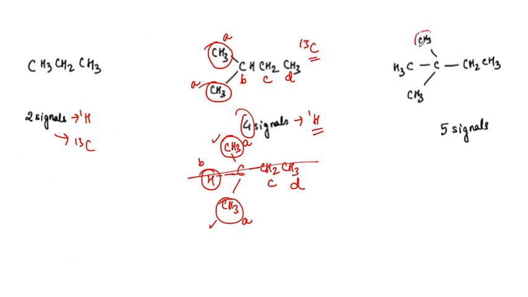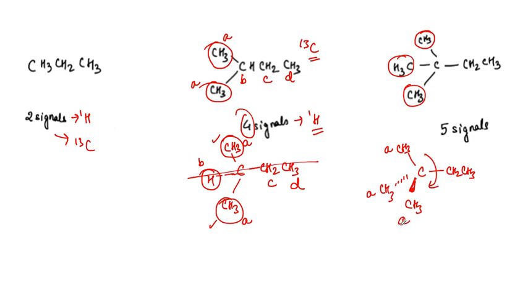Here also we are going to have 1, 2, 3. Now all of these methyl protons are going to be rendered the same. Why? Because let's say this is CH2 CH3, and if I draw it like this, one of the methyls is above the plane and the other methyl is below the plane. Because there is no restriction to rotation, all of these methyls would be the same. So let's just write methyl A. These are the type A methyls, type B methylene, type C.